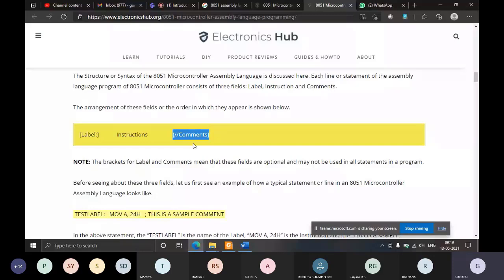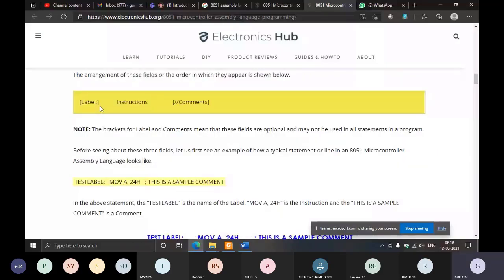Why? Because whenever you program the code, suppose you leave that particular company and change the company, the code you have written should be understood by the newcomer who opens that code. How will he understand? By seeing the comments. So you have to write comments on why you have used this instruction and what this instruction will do. If you write that comment, it is easy for the other person who comes in to understand your code.